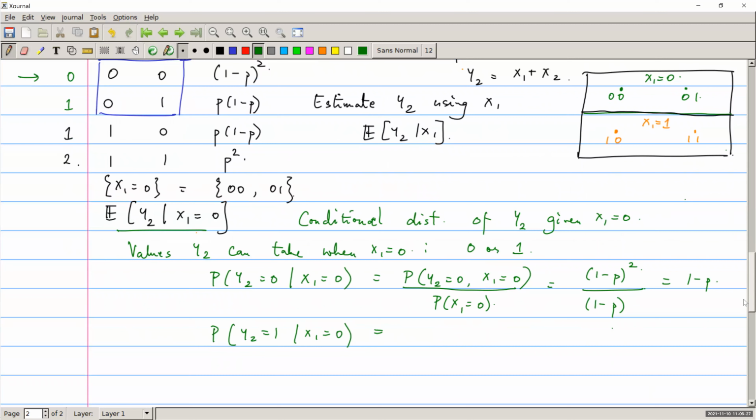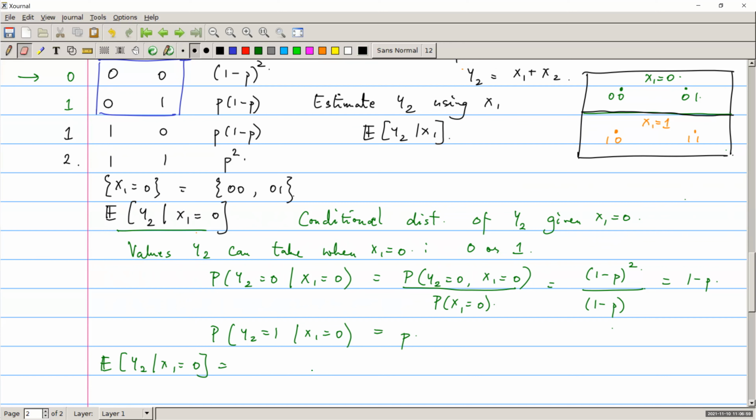You'll do it in exactly the same way. It will be p, right? And the conditional expectation of y2 given x1 equals 0 will be